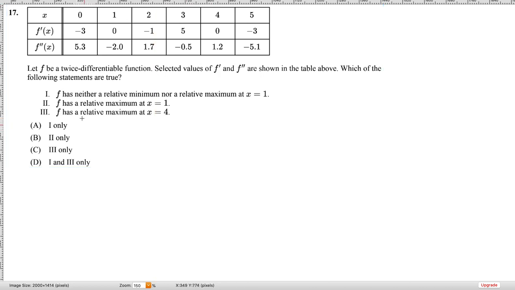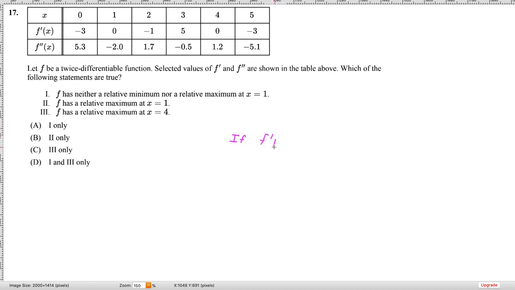So this first one, right? F has neither a relative minimum nor a relative maximum at x equals 1. So here's x equals 1. The derivative is 0. Okay, so having neither would mean that this value right here has to be 0 and not negative, because the second derivative test says if